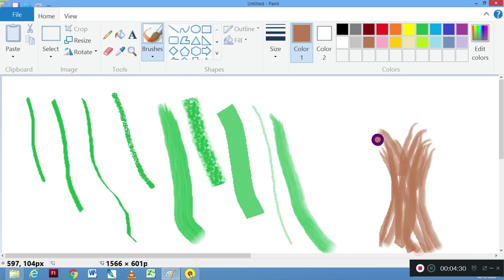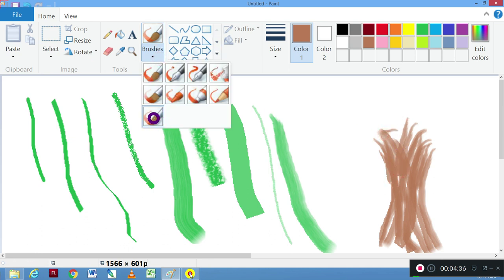So this is using what type of brush? We have used watercolor.